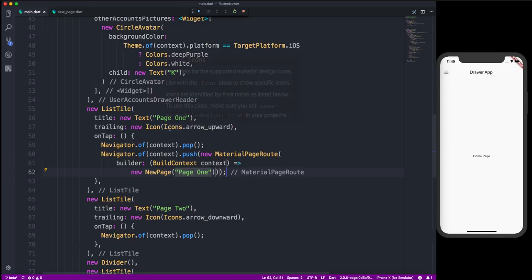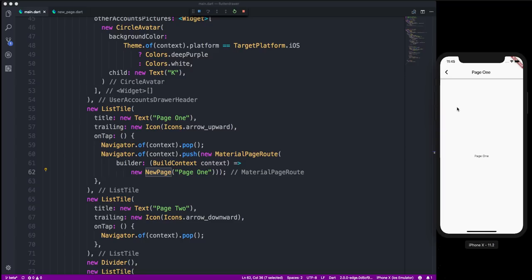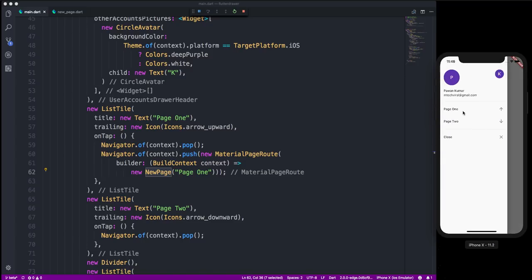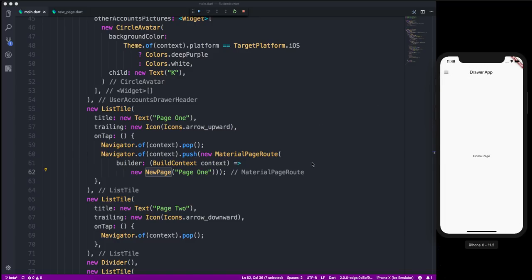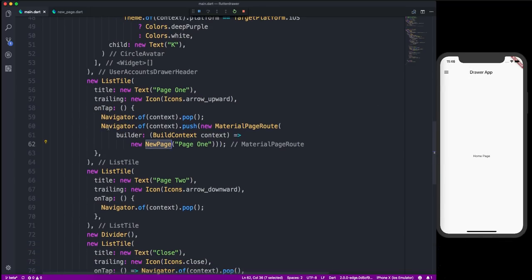So we have this builder, and this is a new material page route, and in this route we have this builder where we have defined the context, and we are calling the same new page. Now let's try to run it, and when we click on page 1, here you can see page 1. It is clearly written page 1, and this looks much better approach while dealing with the same page. If you have the same page and you are doing different operations with the same page, then you